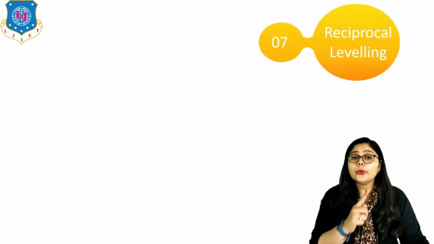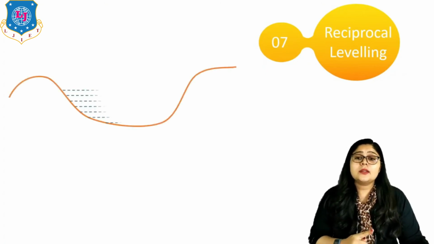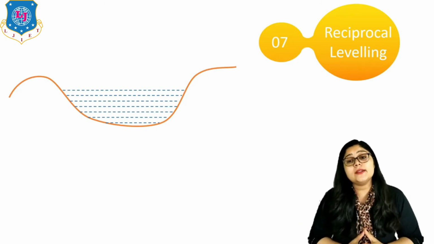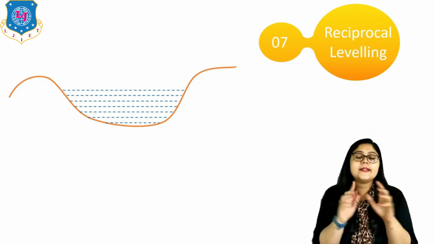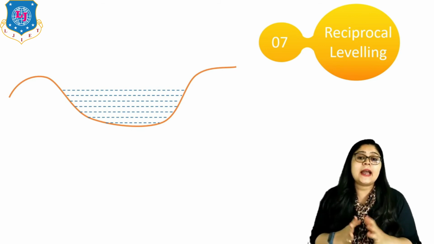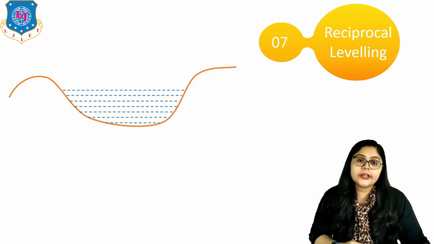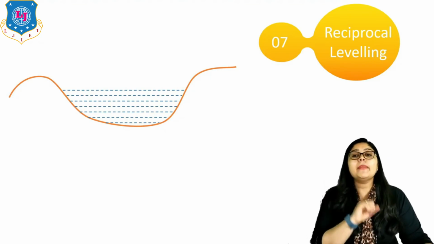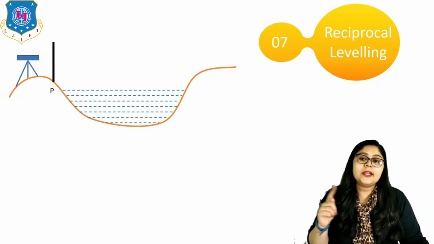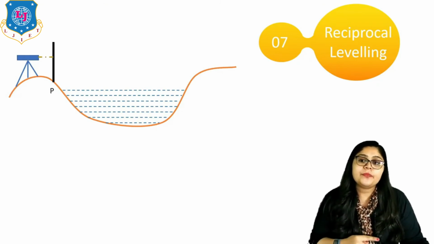Now to understand it, this is the ground condition. It means you can see it is not a flat surface first of all. At the same time, a river body is there. It means I cannot connect 2 points easily or compare 2 points. For that, I have to arrange my setup at point P, right?